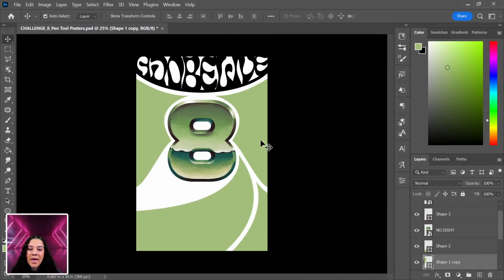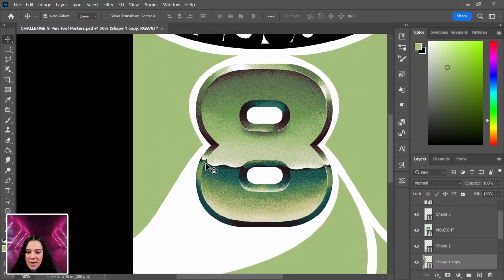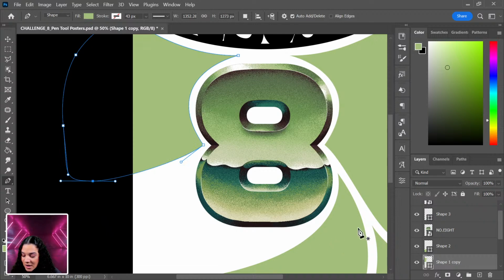So now I know that that is symmetrical, but I don't want it to be perfectly symmetrical. I do want a little bit of variation, so I can click this. I'll hit P on my keyboard so that I can access my pen tool, hold Control and select, and then I will click this guy again, making sure this one is highlighted where the others are not, and I can start to move this around. So maybe I want to pull this up like so, so it pulls out there,